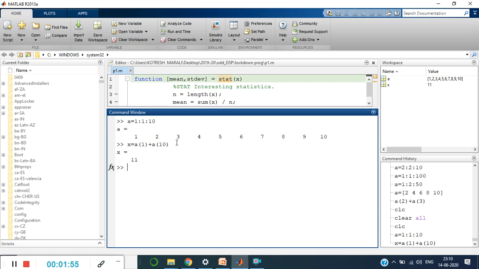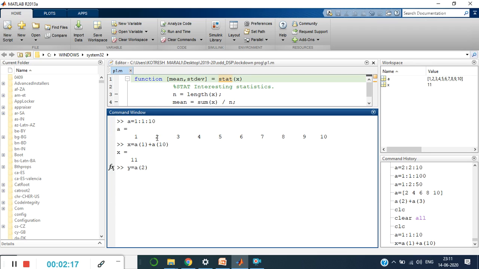That indicates I can directly take the content of an array and perform any arithmetic and logical operations. Here I took the addition operator. You can also perform a multiplication operation here. Let me take A of 2.